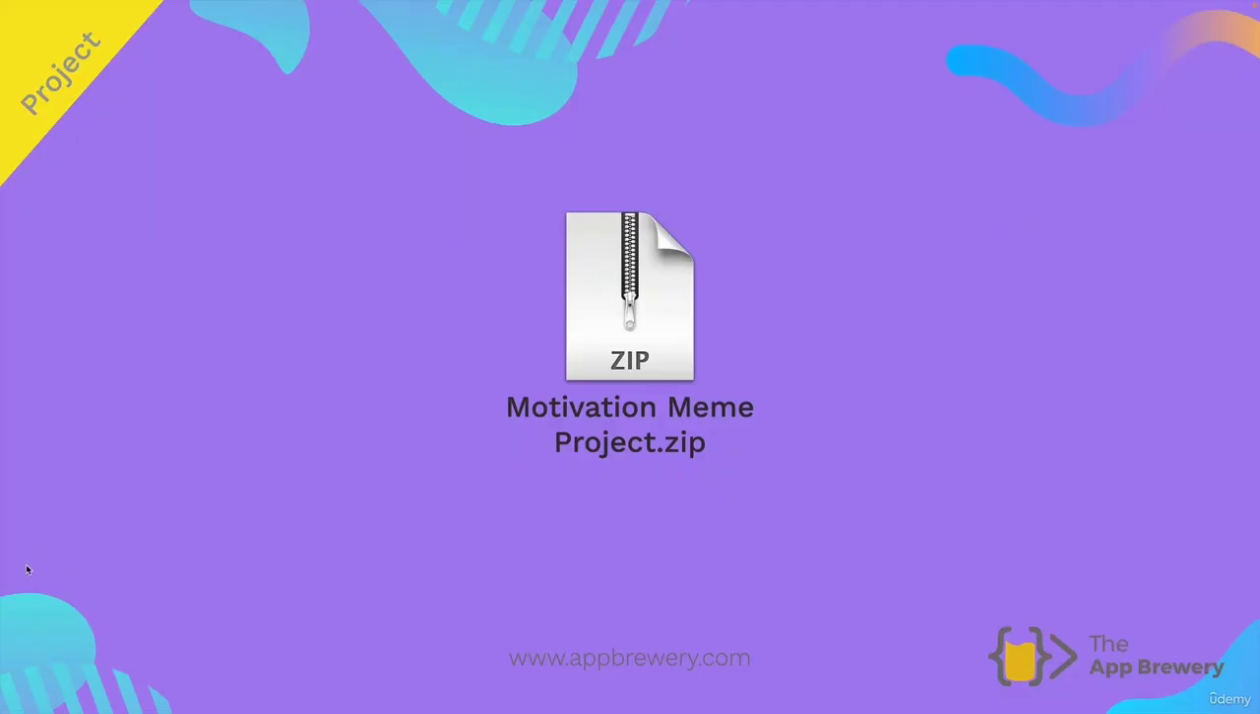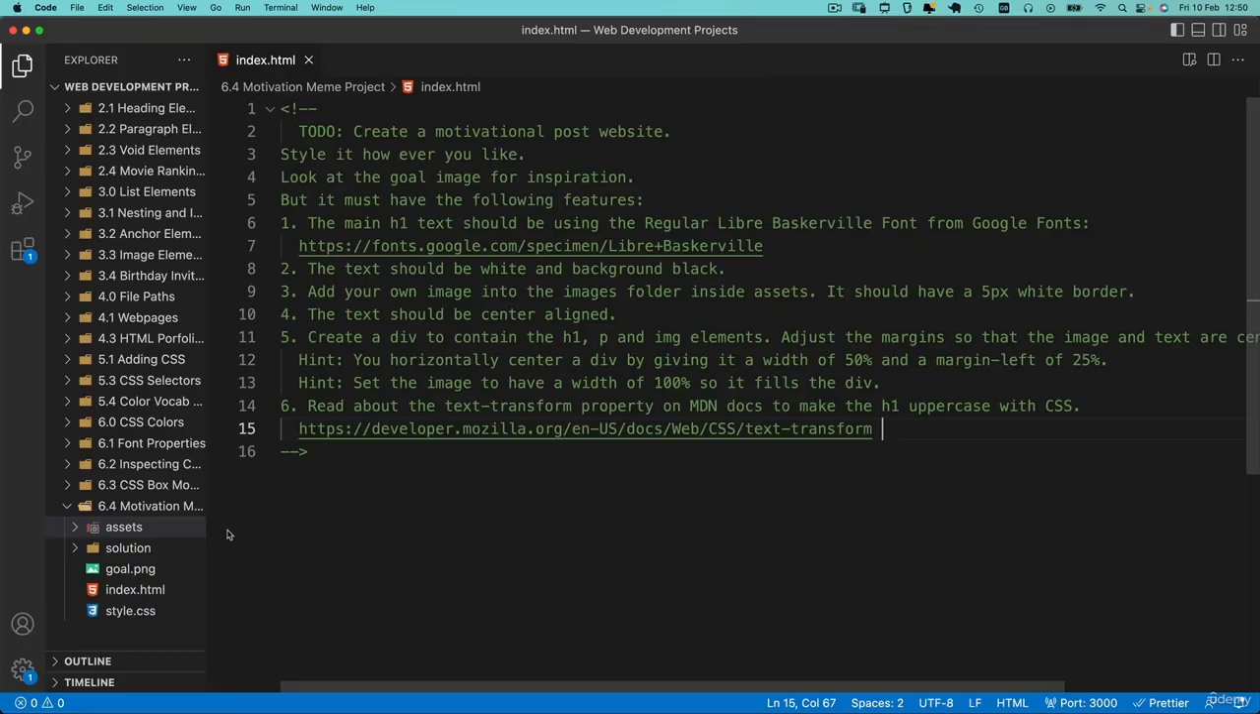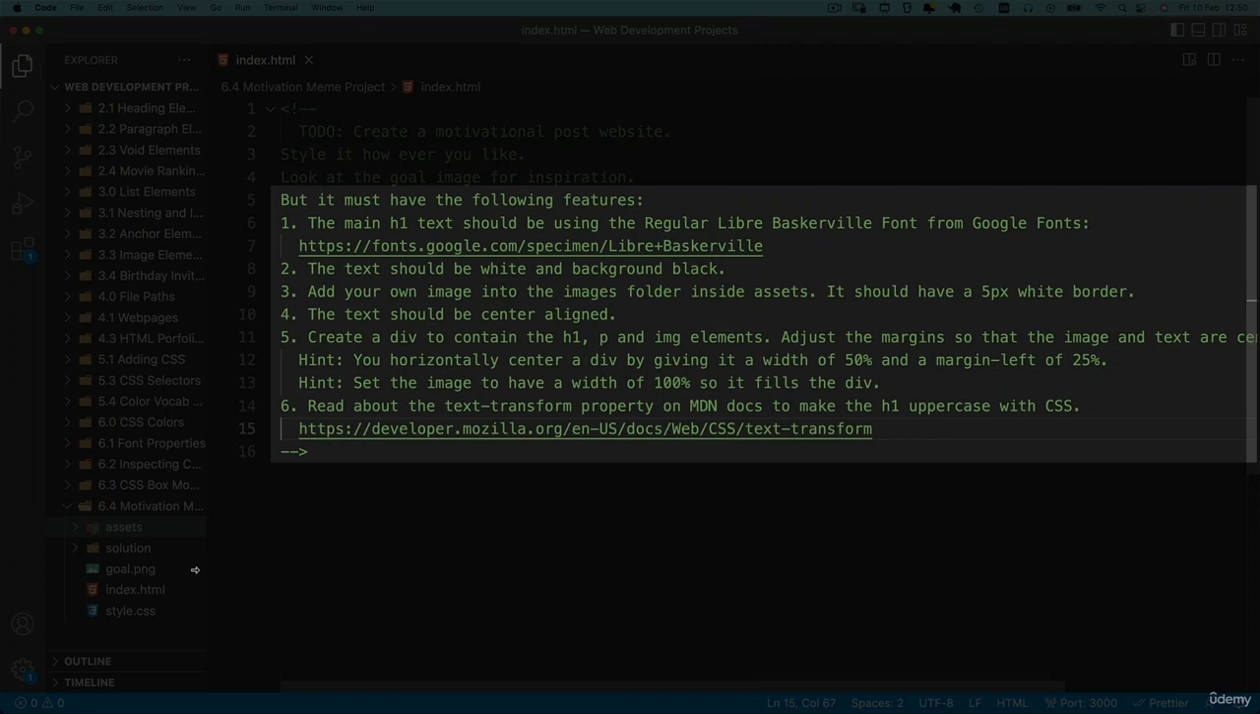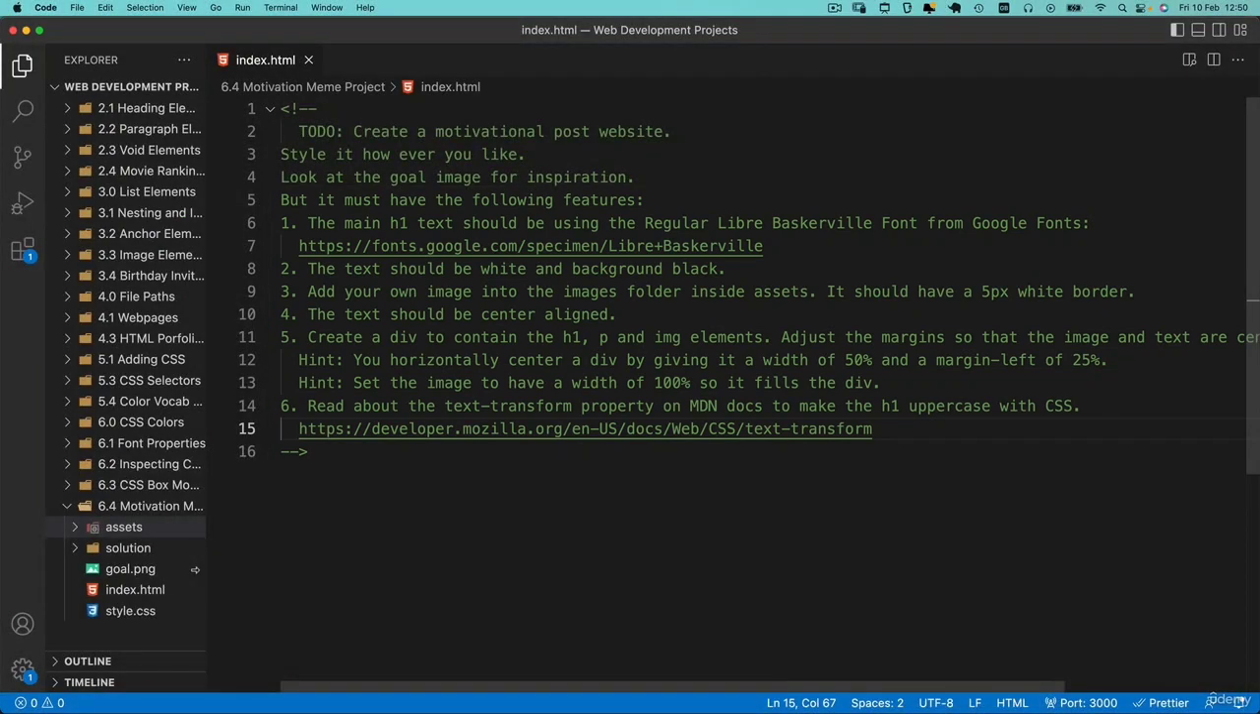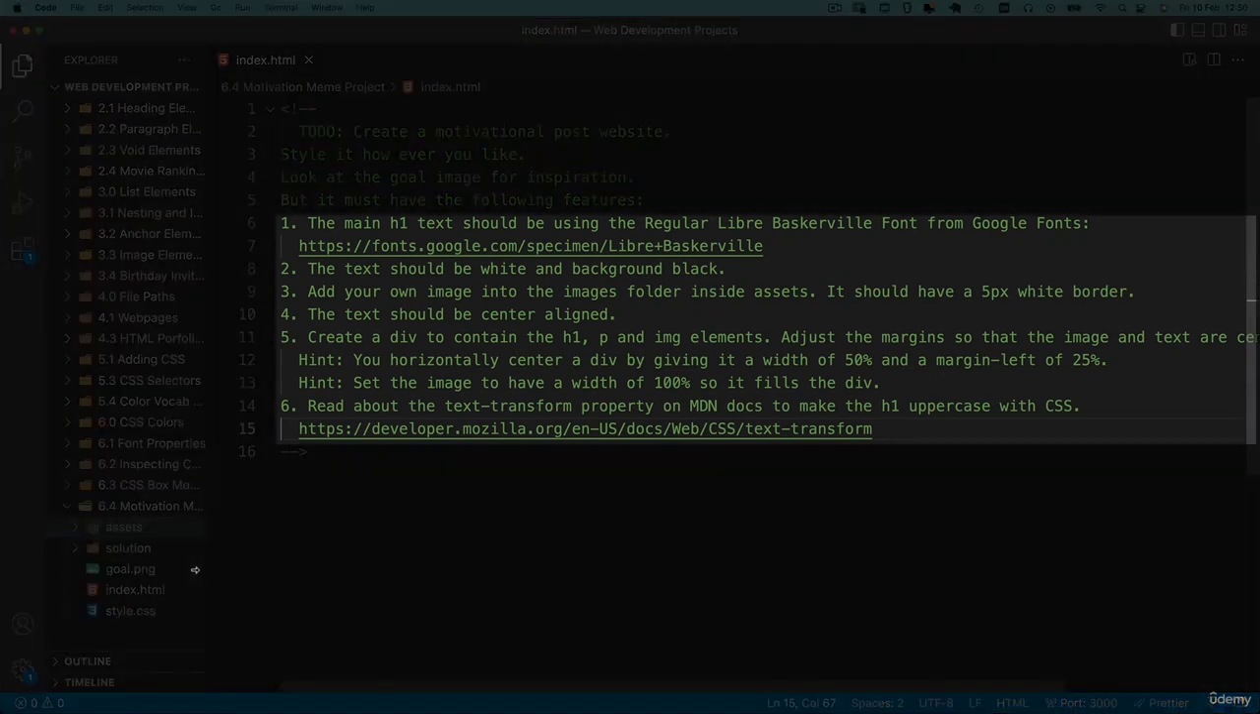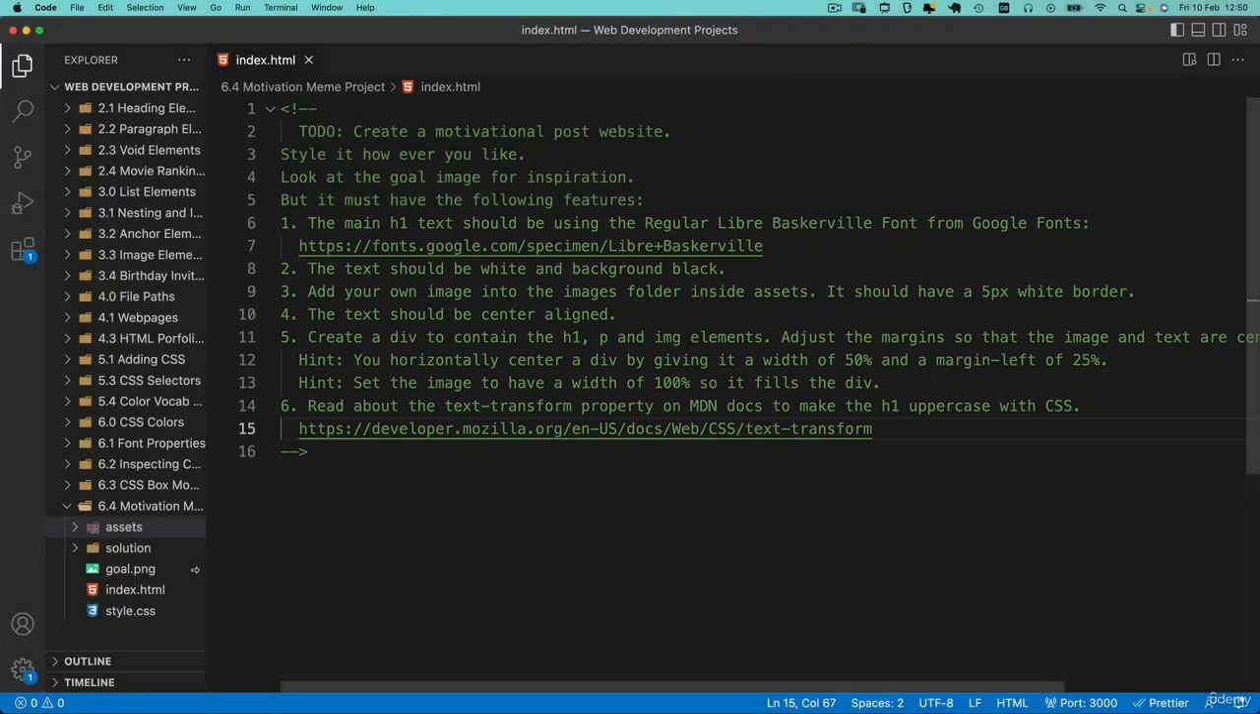Go ahead and download the starting project files for the Motivation Meme project and extract it, and then open it up inside VS Code. I've created the task in a sort of to-do list breakdown for you. Now, the main thing is that it's your website, it's your project, and as with all the projects in the course, it's totally up to you how you want to create it. But there are some caveats, and it's important that you touch all of the learning points. So these 6 points are important,